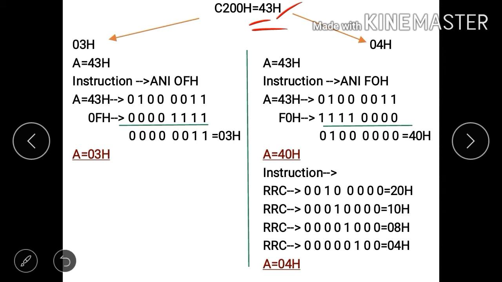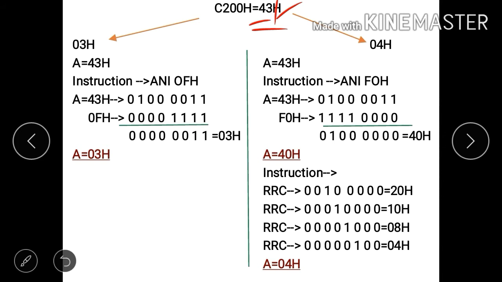Now we will see masking of the least significant bit and masking of the most significant bit. If we perform MSB mask off, it means the most significant bit is converted into 0.